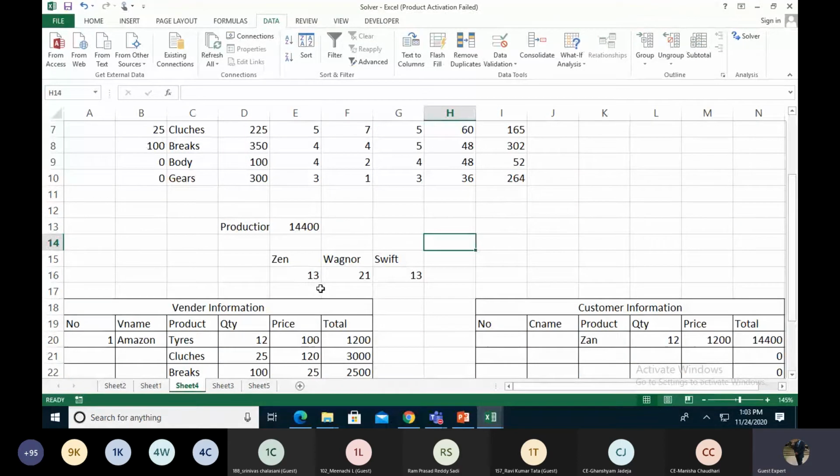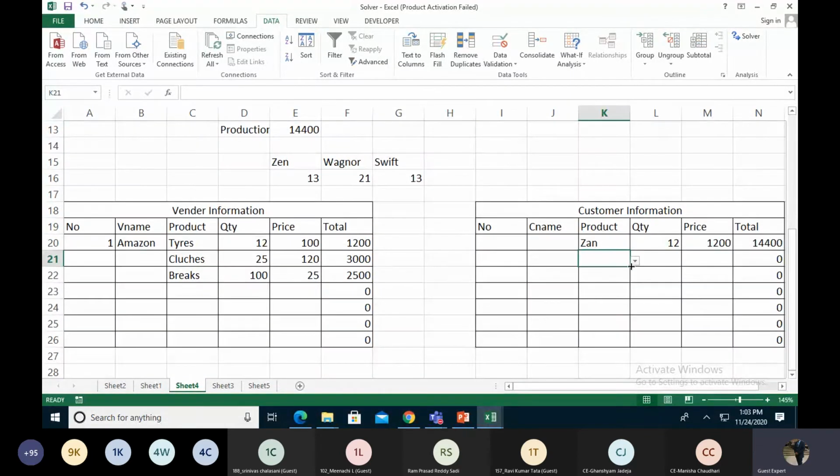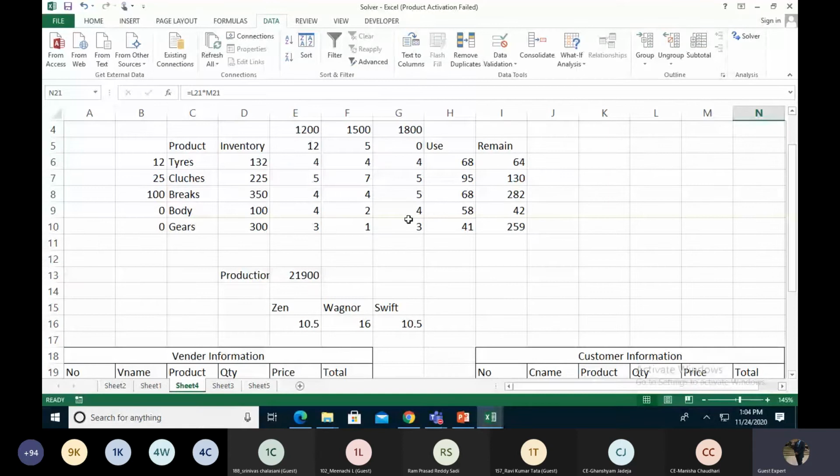Right now I'm already creating 30 Zens, 21 Wagoners, and 13 Swift Desires. So if we sell this Wagoner, like I'm selling 5 Wagoners, 155, right now we are only making 10 Zen, 16 Wagoners, and 10 Swift Desires.